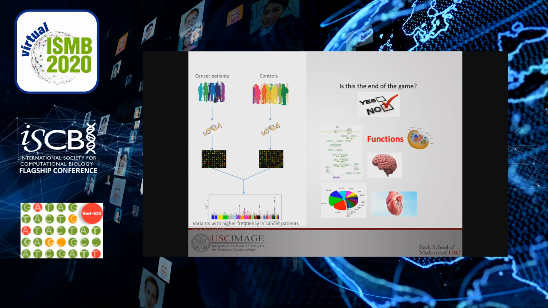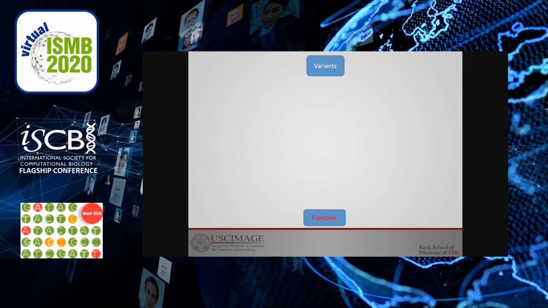What we want to know is whether these variants can be related to some pathways and processes in a cell and tissue. Ultimately, we want to understand the functions they are associated with. In order to answer these questions, we have to first link the function to the variants, which is a process called annotation. For decades, the function has been studied in genes through wet lab experiments, such as biochemistry and molecular